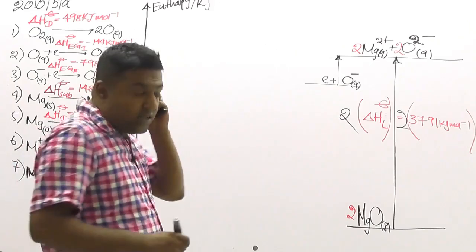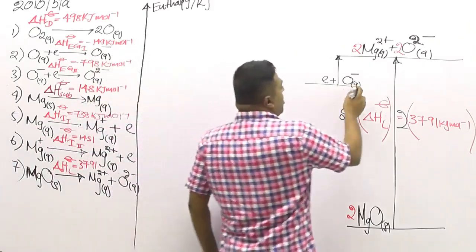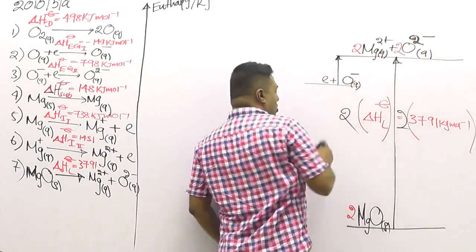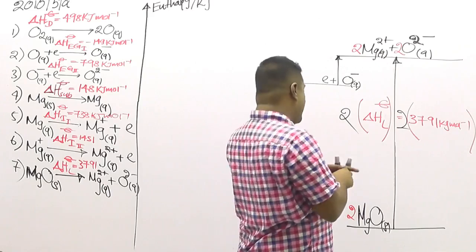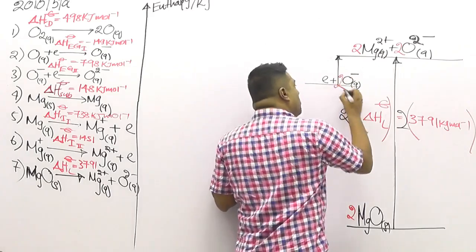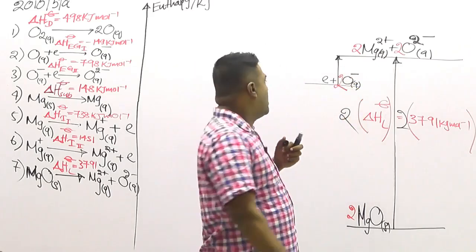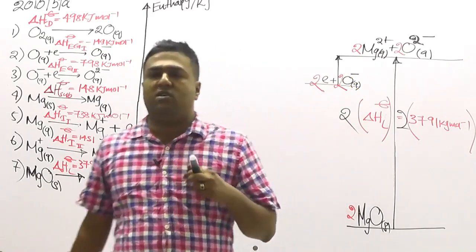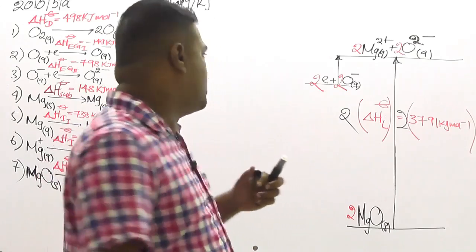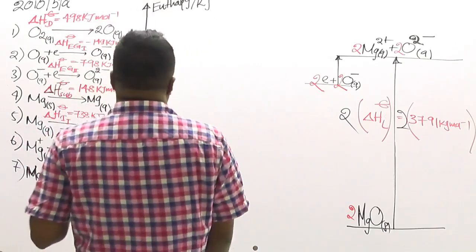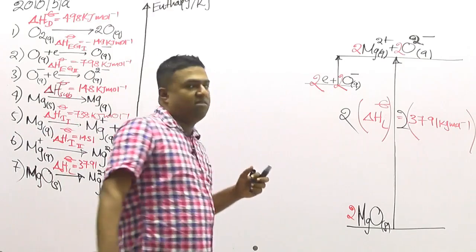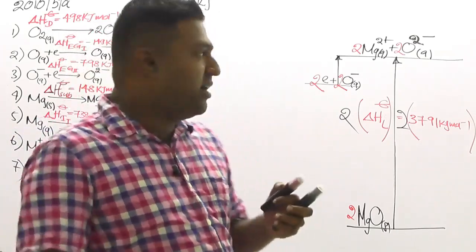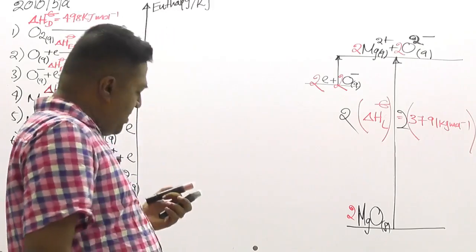But here you should produce 2 moles of O2 minus. So you need 2 moles of O minus and 2 moles of electrons, and the